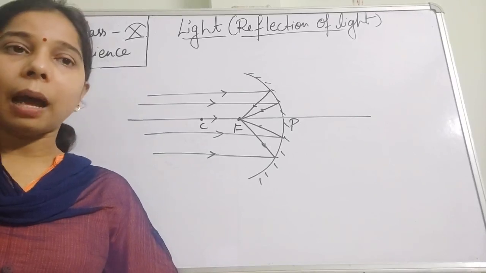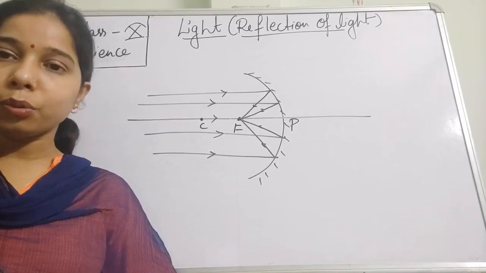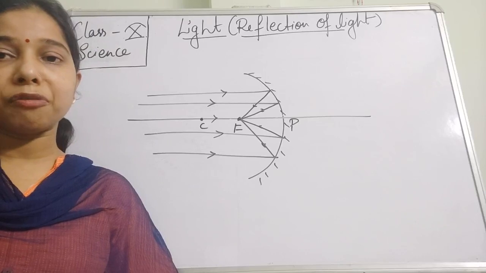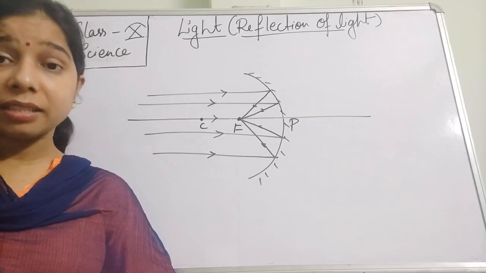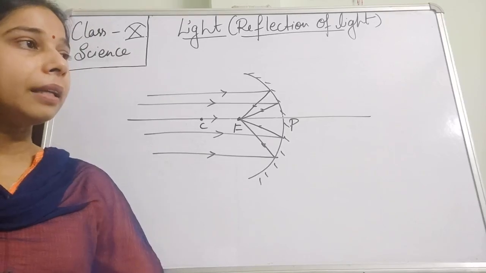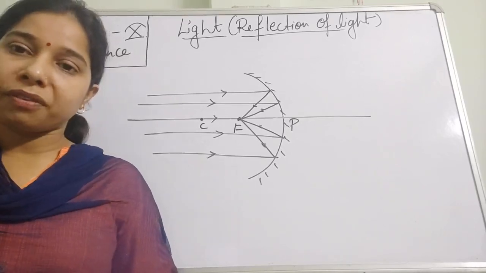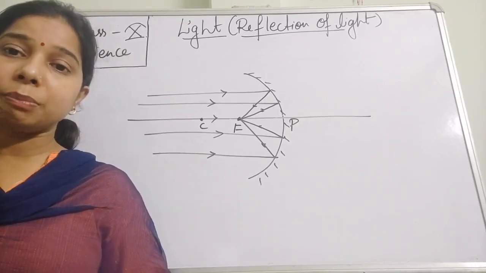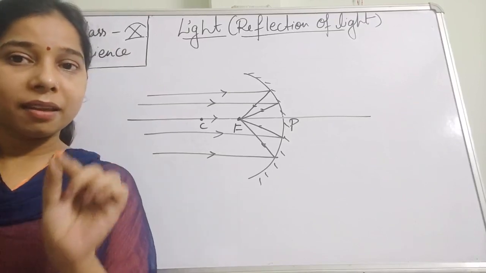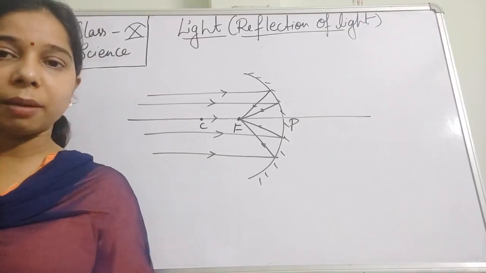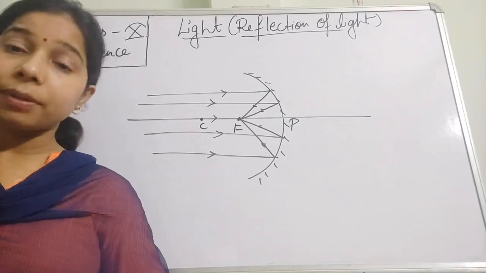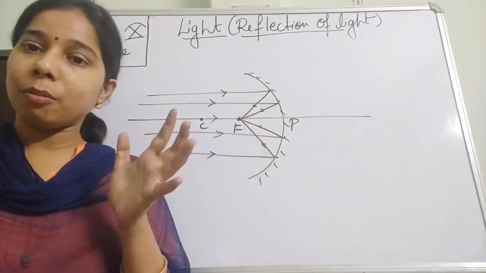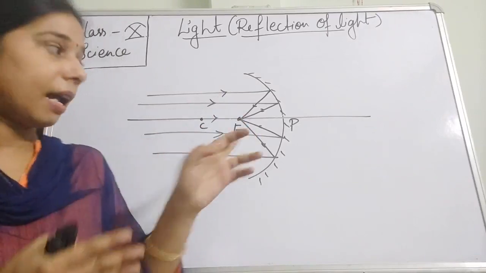Now what will happen when you do this continuously, adjusting the concave mirror in such a way that a maximum amount of light gets reflected by it? You will find that after a short interval of time, the piece of paper starts burning at a place, and a hole develops because of the burning. Why does it happen? Because the mirror takes the beam of light and converges it at a point.